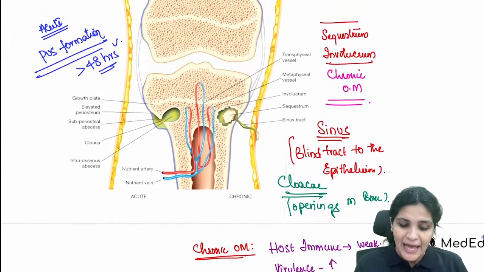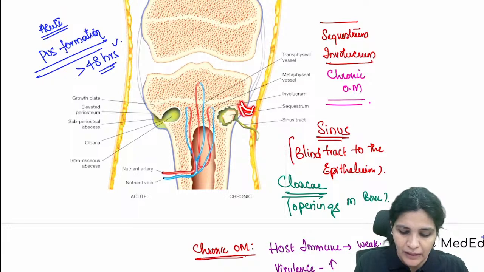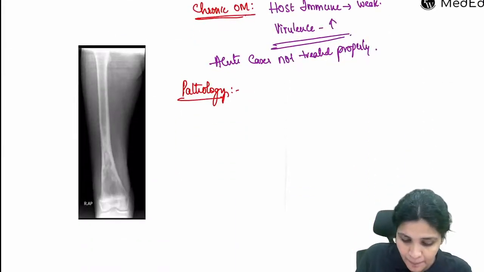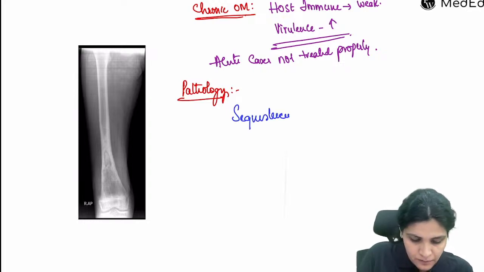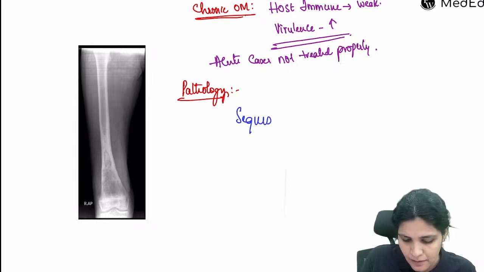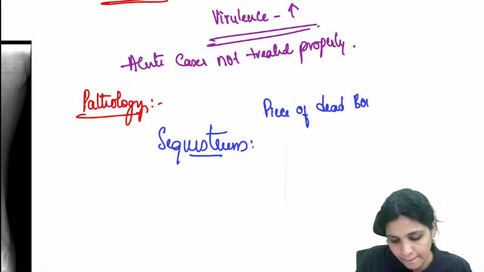So here, as the bacteria is proliferating by itself, it is continuously lifting off the periosteum. Once the periosteum is lifted off, as I have told you, the blood supply is cut and it results in sequestrum. Now, what is a sequestrum? A sequestrum is a piece of dead bone identified by dense sclerosis on X-ray,